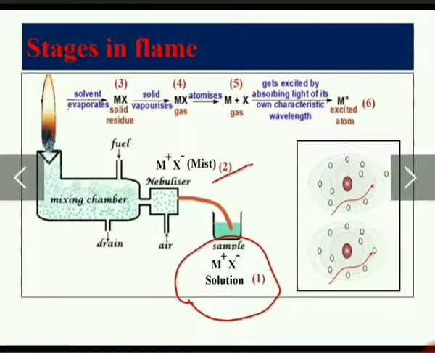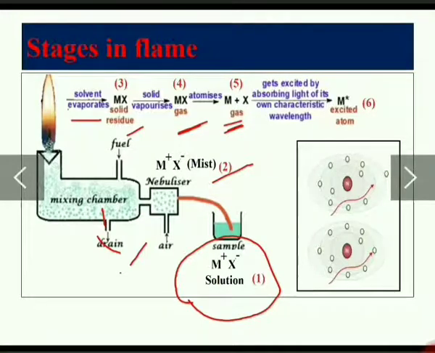Here the heavier particles settle down, that is, they drain out, and the rest is mixed with fuel in the mixing chamber, and this mist goes to the flame. When it goes to the flame, the first thing that happens is the solvent evaporates, leaving behind solid. So the solvent evaporates, leaving behind solid, and the solid vaporizes, leaving behind gaseous molecules, and these gaseous molecules will be